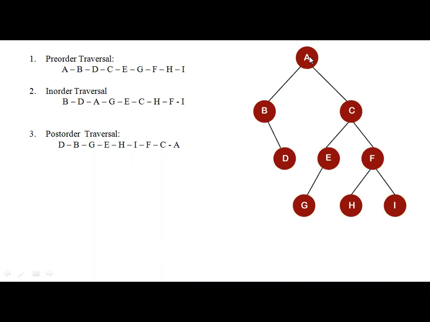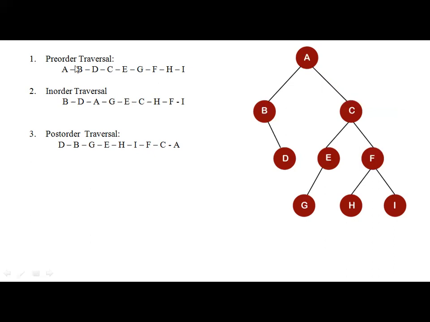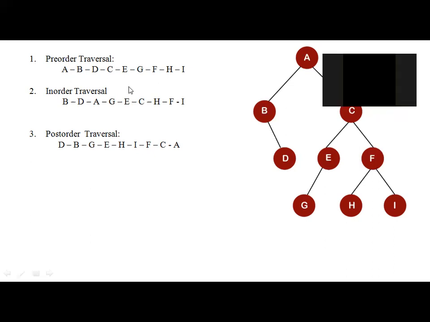After visiting the root, you should go to the left subtree. You should traverse the left subtree. Come to its left child. Now see here, B. Now B, is it a root? Yes, because it has a child, it is a root. Whenever you visit a root, immediately write it to the output. So B is written as the next node.